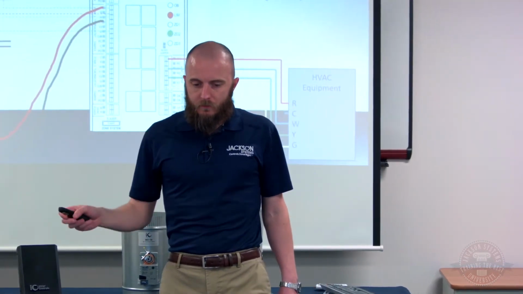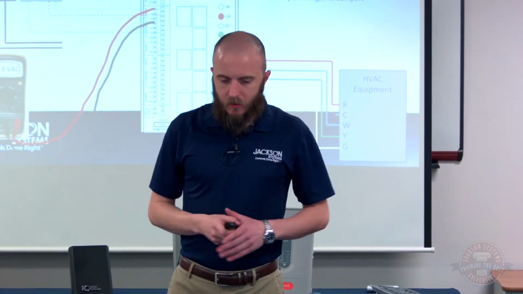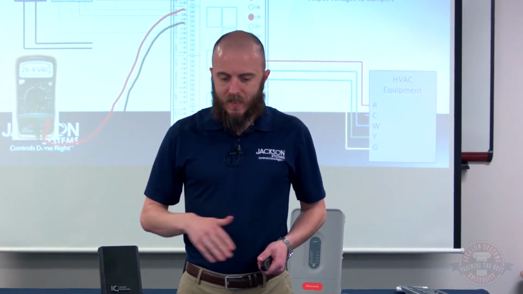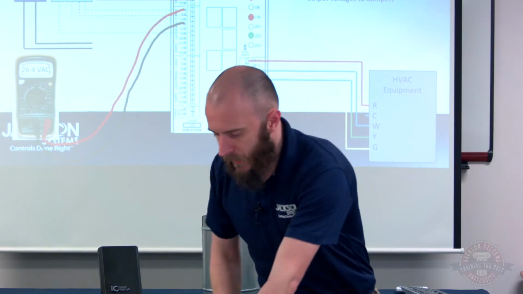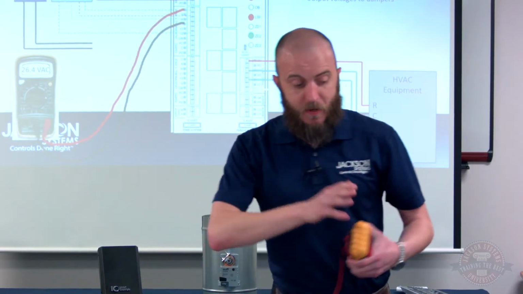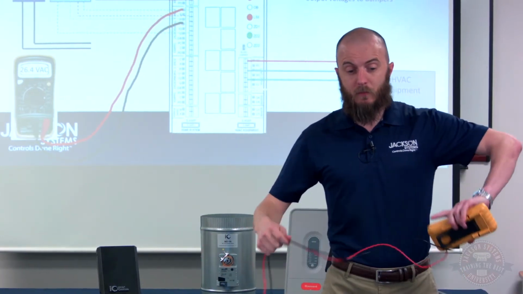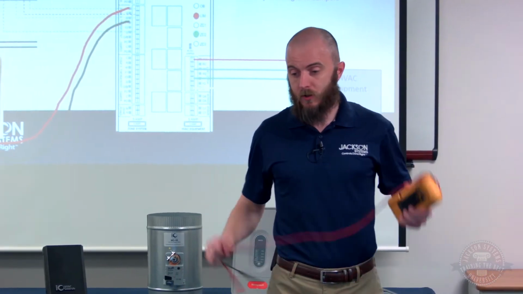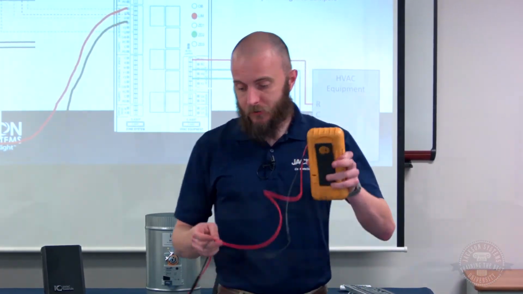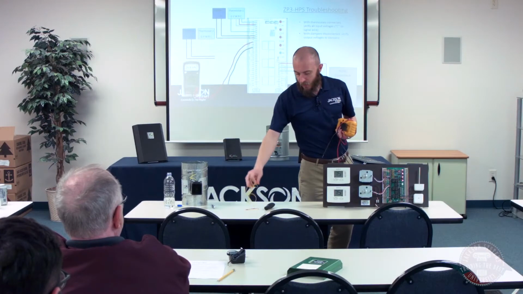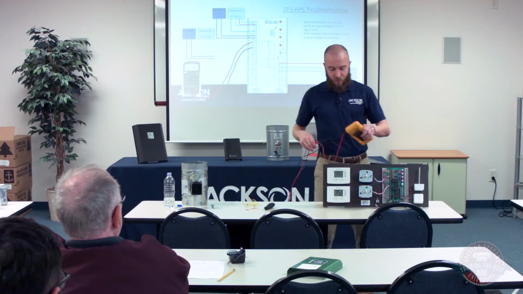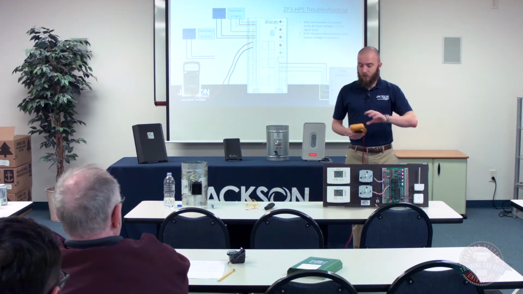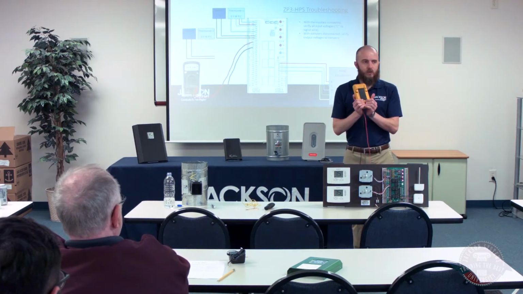So if you're tracing down issues here, you're going to go step by step through troubleshooting. With these panels, and with pretty much any zone panel, you can do almost all your troubleshooting with just a voltmeter or multimeter, sorry, and some jumper wire. These magnetic jumper wires are super handy if you don't have those. So the first thing you want to do is check your thermostat